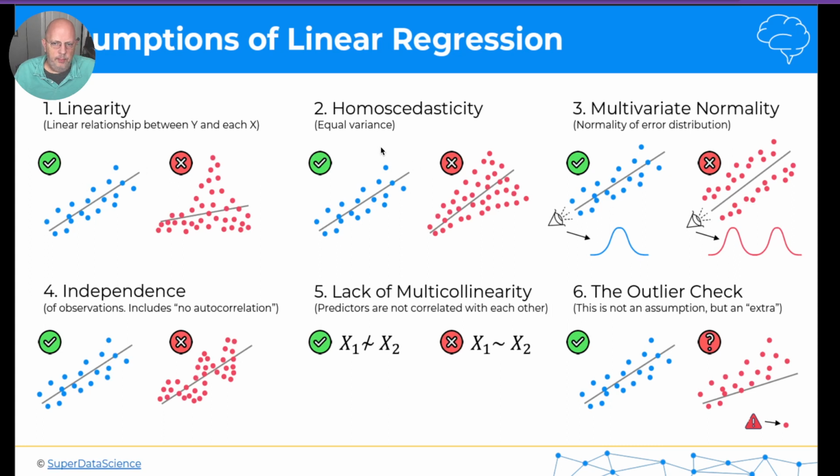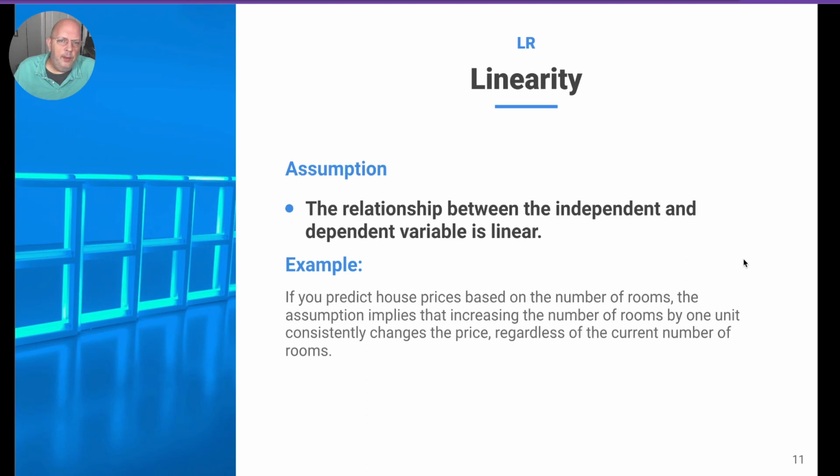These are probably the two big ones, and maybe the outlier check that I see a lot. Yeah, because one outlier can really throw things off in linear regression. Multiple outliers can make it even worse. So let's go into each one of these real quick. I'm only going to cover three or four of these. Some of these are for simple or singular linear regression. Some of these are for multiple regression, and I'll talk about that towards the end.